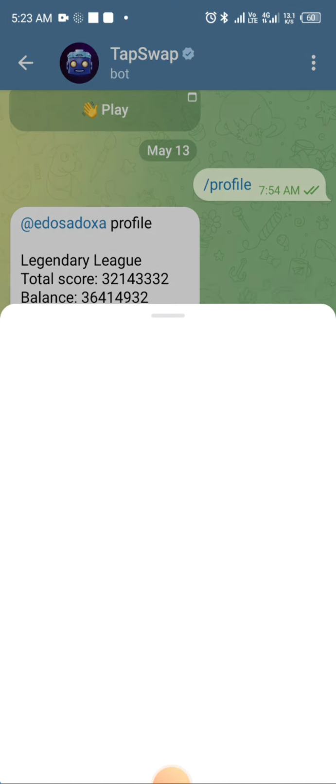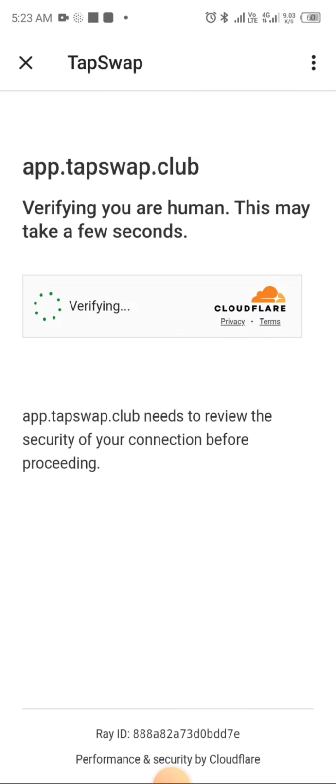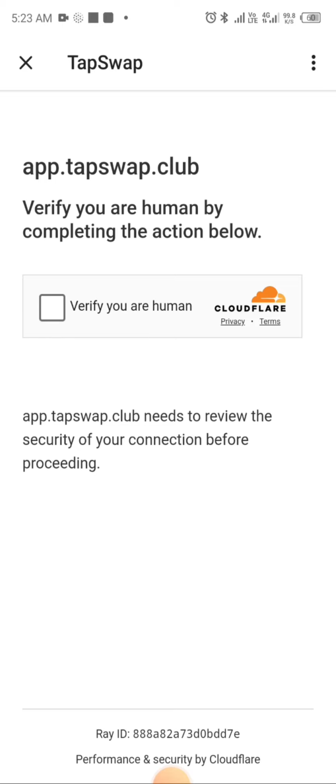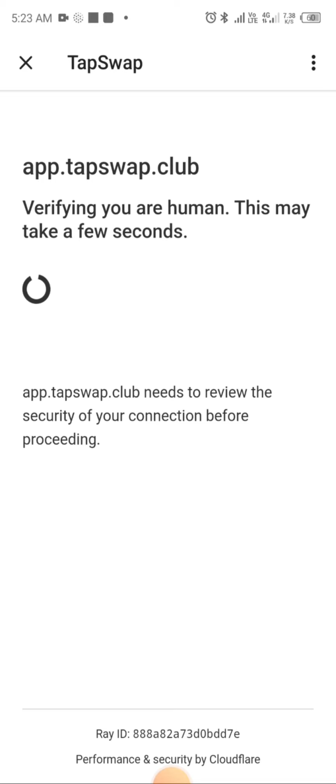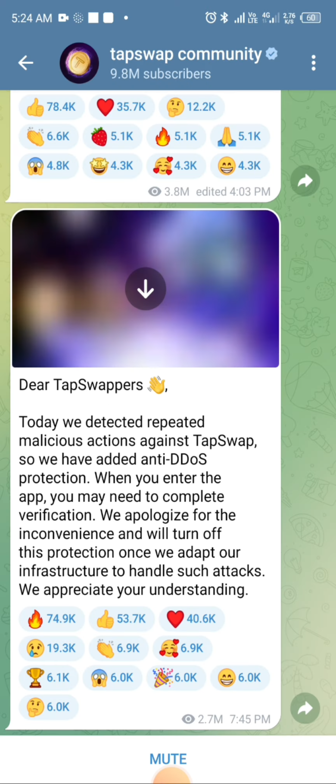And in today's video, we want to look at TapSwap. A lot of people have not been able to access their TapSwap account. It has been showing this kind of interface, and the more you try to verify, the more it fails, all right? If you look at the TapSwap community, they shared an update that there has been repeated malicious attacks against TapSwap. So they have added an